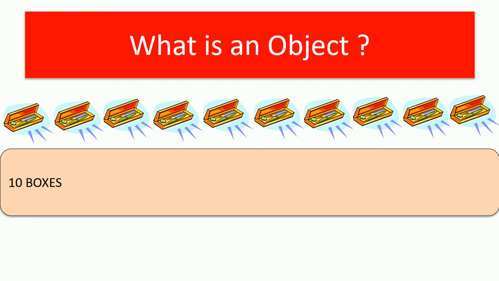So I can relate this idea from the professor's mind to the class actually, and as an outcome of that idea, we have now got 60 boxes, and each box contains a pen, a pencil, and an eraser, and that has been distributed to every student. So I can relate these 60 boxes to objects. So an object is nothing but an entity created by having a class as blueprint.